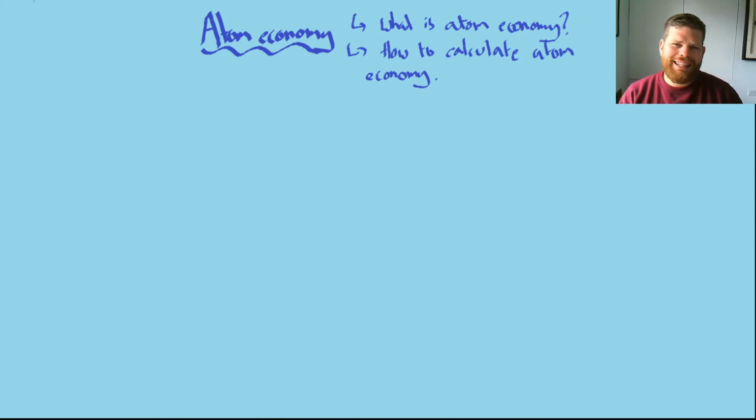What we're going to look at in this lesson is what atom economy is and how to calculate it. It's very closely linked to yield, in the manner in which we take all that information to decide which reaction is the best to use. So what is atom economy? Let's get started. Atom economy is simply a method of showing how efficient a reaction is at making use